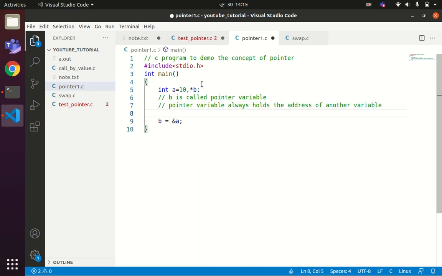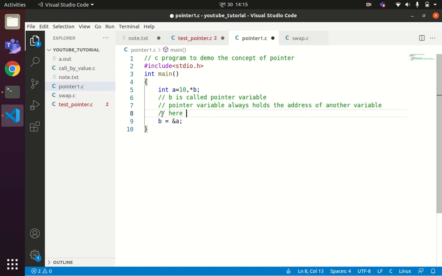In this case, we have declared an integer pointer variable b. So integer pointer variable b will hold the address of an integer variable. Similar to the integer pointer, we can have floating point pointer as well as the character pointer.